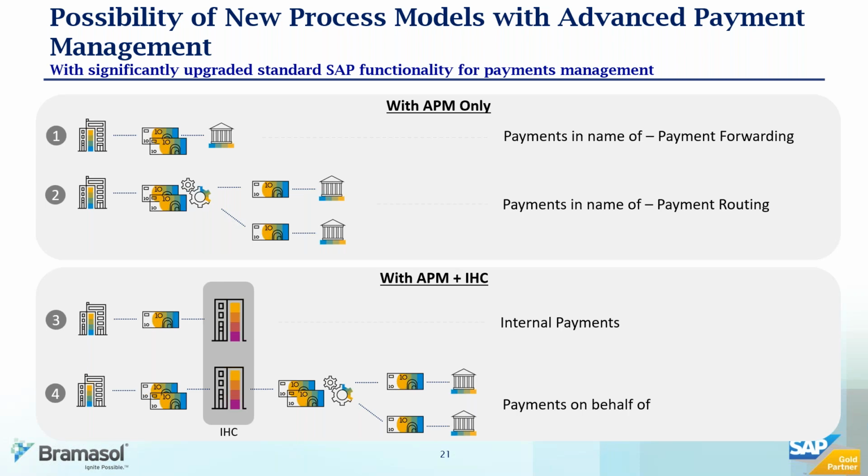with the outside world. But there are scenarios and situations where you'd like to manage your cash in-house, and these are the scenarios where either you can have internal payments, so company 1 making a payment to company 2 within the in-house bank, or scenario number 4 where you are centralizing your payment operations under the payment on behalf of scenario that Kim was referring to. You are utilizing the combination of in-house cash and advanced payment management in 3 and 4. So quite a new set of capabilities that are added with the addition of advanced payment management on top of in-house bank.